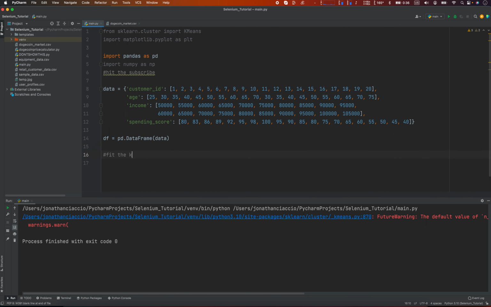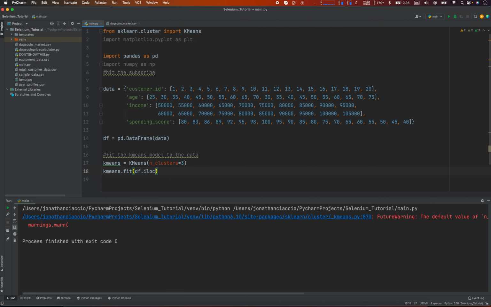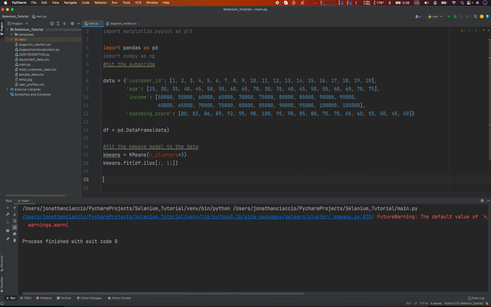And what we're going to do is fit the KMeans model to the data. That's going to be kmeans equals KMeans of n_clusters equals 2. You could set it to equal more. It just depends on how many clusters of data you want to break it up into. And then kmeans.fit(df.iloc[:, 1:]), and then we're going to predict the cluster assignment for each data point,